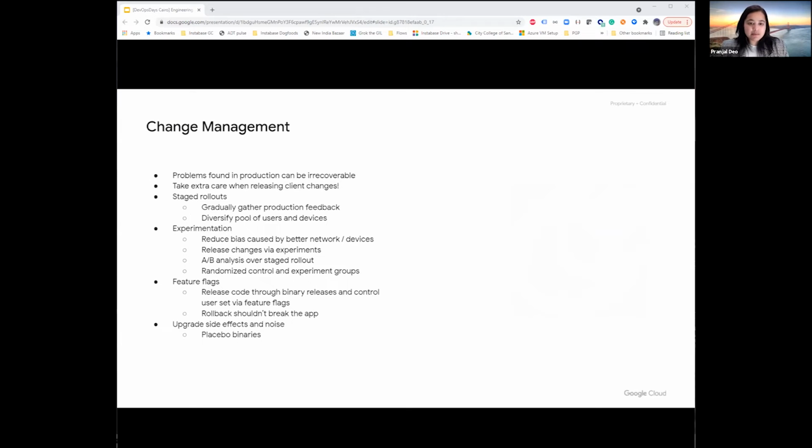Now, I'm going to spend a little bit longer on this slide because there's a lot to talk about. Many of the best practices while releasing client-side applications are based on the general SRE principles that you may have already heard of and actually use. This is one of the most critical pieces of the mobile ecosystem because a single new faulty version can erode user trust, and they may decide to never install or even upgrade your app again. Rollbacks in the mobile world are still near impossible, and problems found in production are irrecoverable, which again makes proper change management very important.